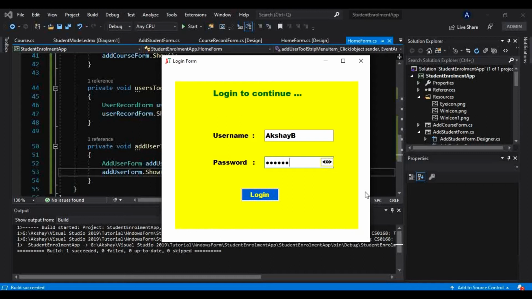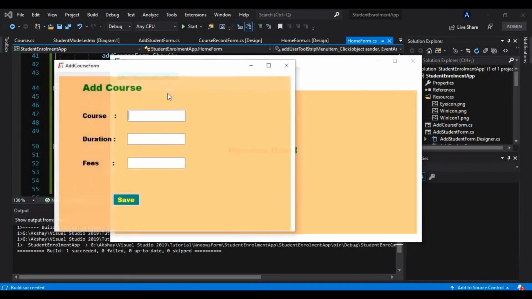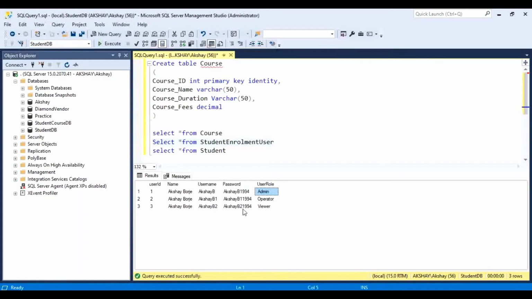Okay, so we will do that, but before that let me show you these designs. So yes, it is the right password, and let me log in. Okay, so now we have 3 menus here. If I click on the student, we have already done that, testing these tabs. Now let me go to the courses, let me go to add course, and let me add one course, because if you see here, in the database for now,